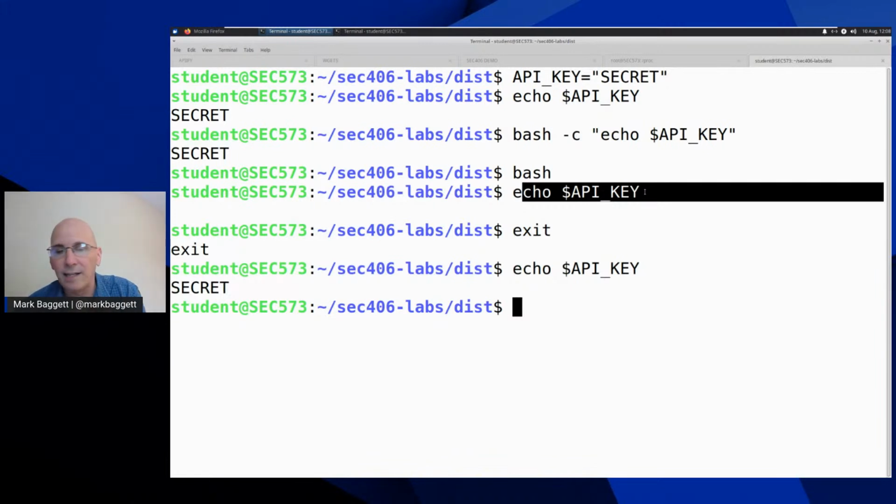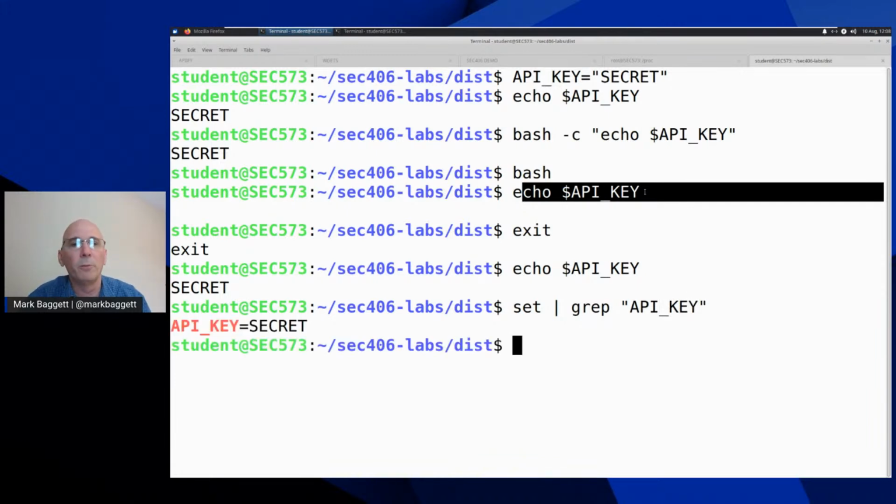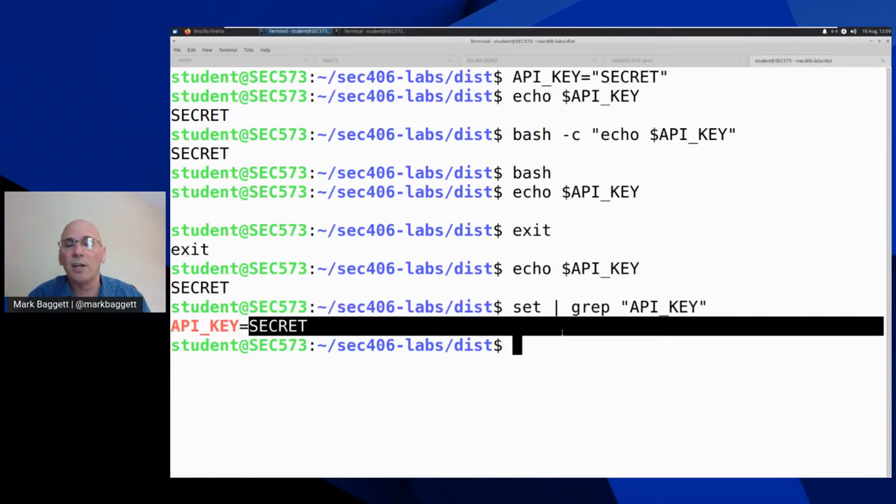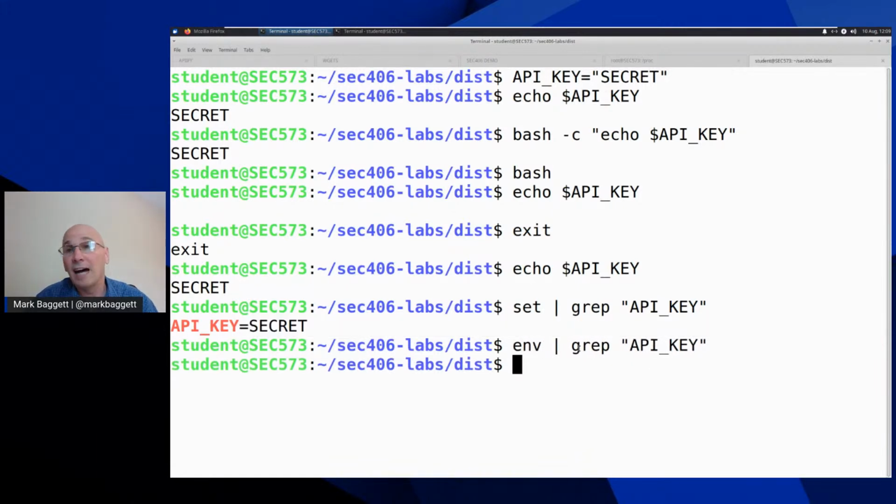Another way you can see that is there are two commands you can use to show you all the environment variables. One of them is set. So if I run set and I look for API key, the set command will show me, yep, there it is. So that environment variable has been created. Another command that you can use to look at your environment variables is env. You'll notice that when I do env, it does not find that API key. So when an environment variable shows up in set, but not in env,